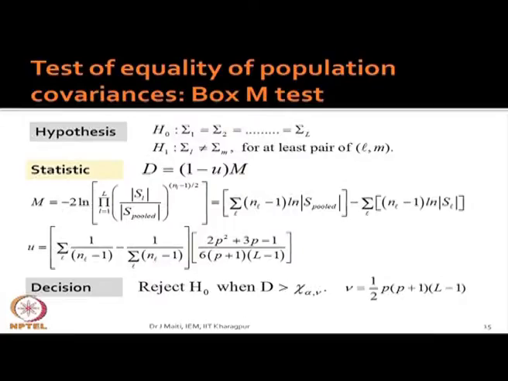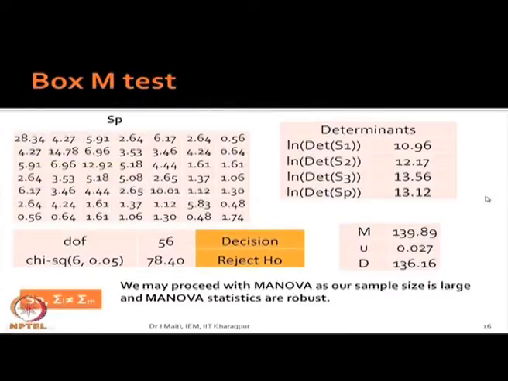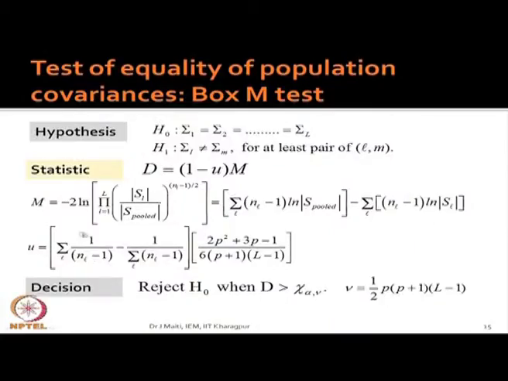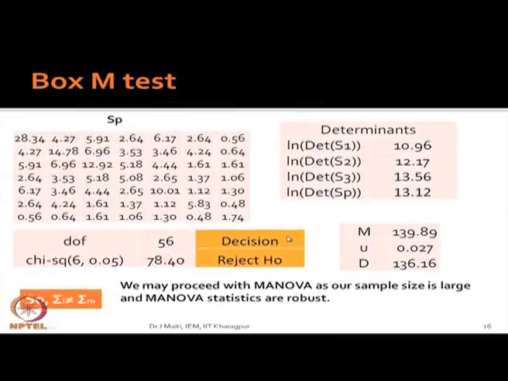We first calculated this, that summation L equal to 1 to capital L n L minus L, this quantity first computed, followed by this quantity, then we have subtracted this value, and this M value is coming here 139.89. Similarly, we have computed the U value, this minus this, and this also comes to the value like this 0.027, and D equal to 1 minus U into M,